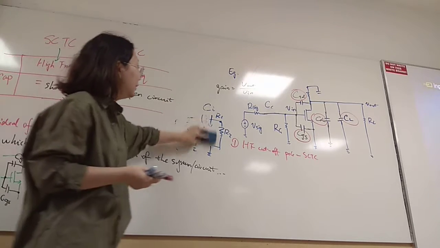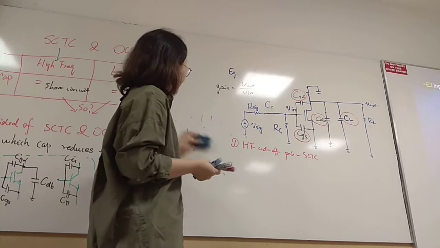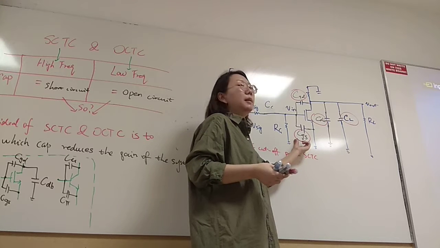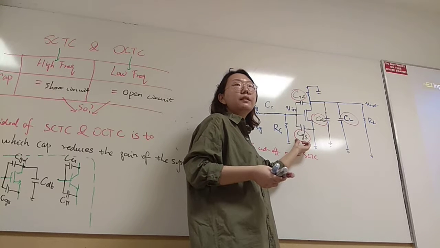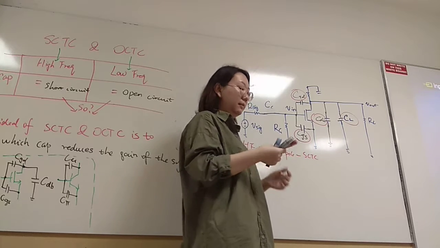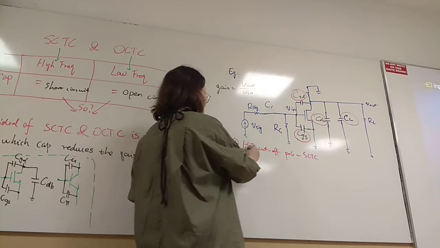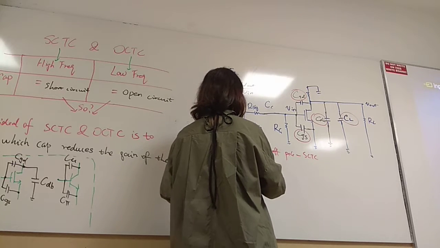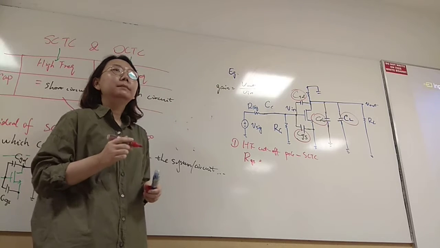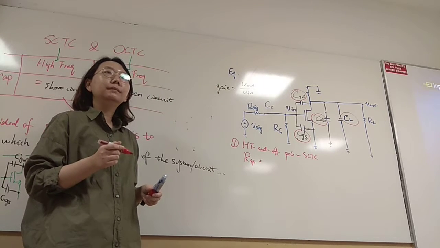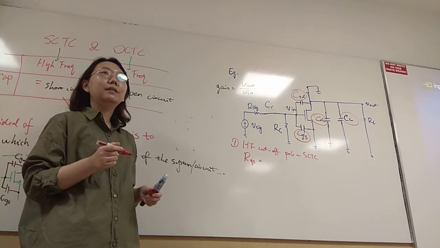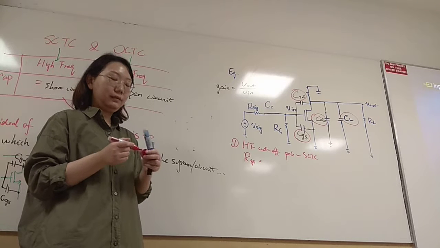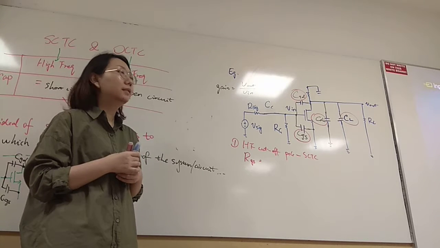So basically, now I need to find all the Ri, right? If I want to find the resistance seen by my CGS, what's the total resistance seen by my CGS? That's called RGS. Replace it with a test voltage. Is it like RG plus